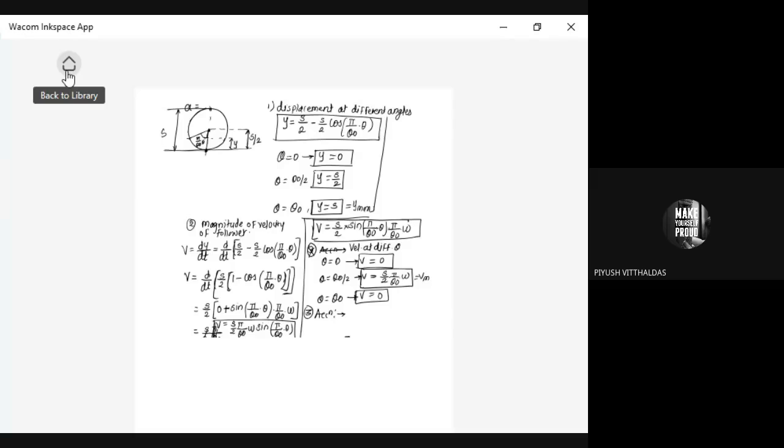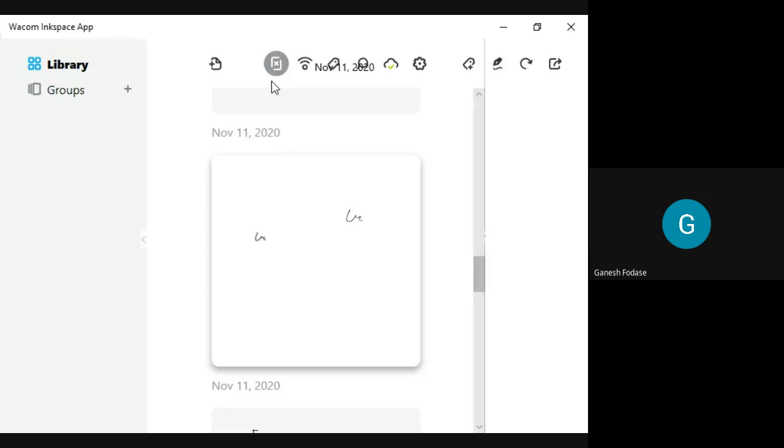S by 2 pi by theta naught omega whole square cos of pi by theta naught into theta. Okay, good. So it's very simple. Just when you take the derivative,